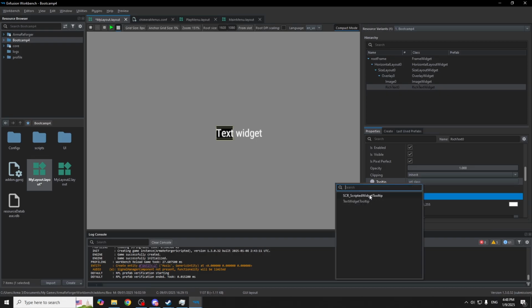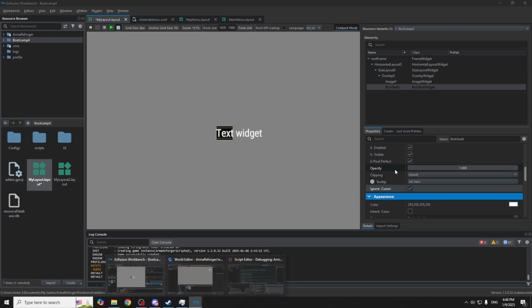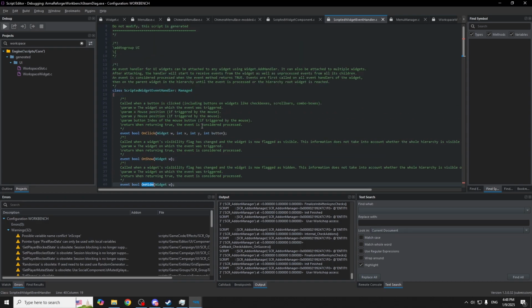We have this scripted widget tooltip object that I'll get to in a moment if I have time. And you can set a widget to not ignore cursor, and this basically makes the widget react to those events that are relative to cursor. So mouse enter, mouse leave. Some widgets can generate clicks, some cannot. Some widgets can generate double click and focus and that sort of stuff. It depends on the widget type which events you will be able to receive on a component that is on